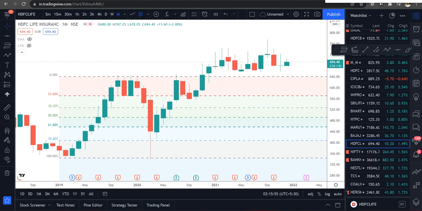And also, the capital you are allocated to this specific stock could be further divided into multiple levels. For example, 25 percent of your capital allocated for this specific instrument, you can invest at 23.60. Further it comes down, you can invest at 38.20, and further at the 50 level. In most scenarios, the 50 level would not be breached, and in some bad cases like Corona or some other crashes, it comes further down.